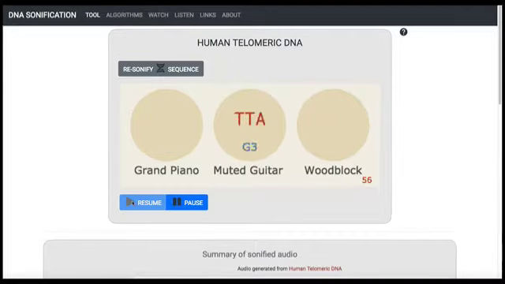Now, there's a couple more tones in there. What are we hearing? Absolutely. So the first thing you heard was a sequence that I made, just a bunch of Gs. The second one we played then is actually from something called a human telomere, which is at the ends of our chromosomes. So all our chromosomes have that sequence in them. And it's a 6 base pair repeat. So it goes da-da-da-da-da-da, which is 6,